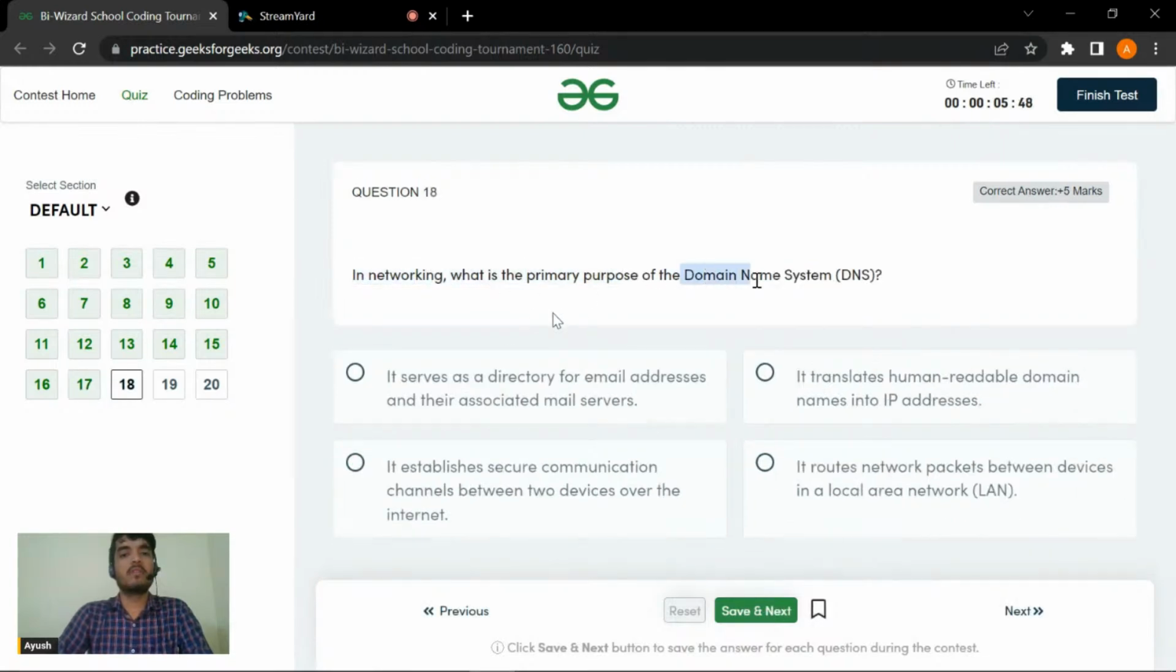All right, so in networking, what is the primary purpose of DNS? So actually the DNS is a kind of server which is used to map the IP address with the host name. That is, to map the IP address of the host with the host name,